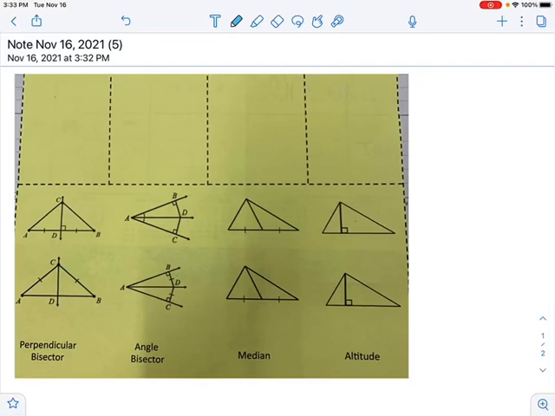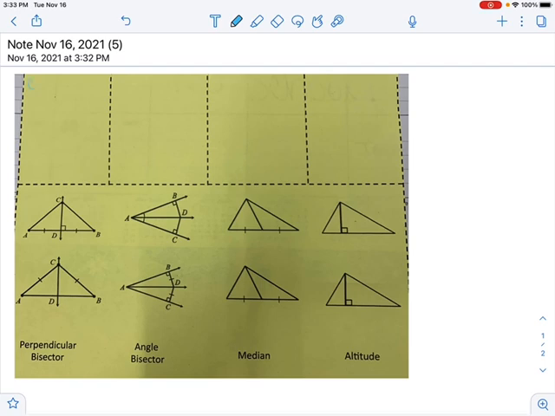There are 4 special lines in triangles that we're going to use this semester. The first one being a perpendicular bisector. So on the top flap, go ahead and write a few things about it. A perpendicular bisector, number 1, is a line that cuts the base